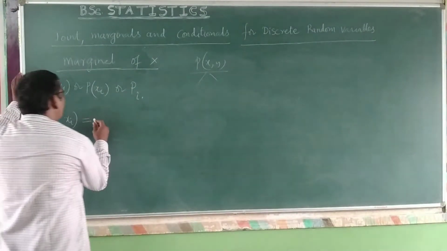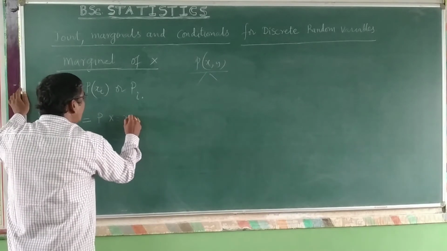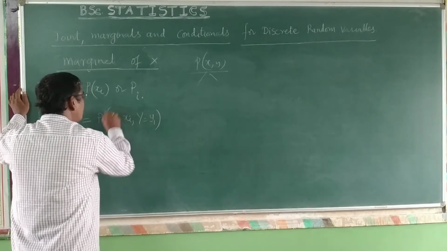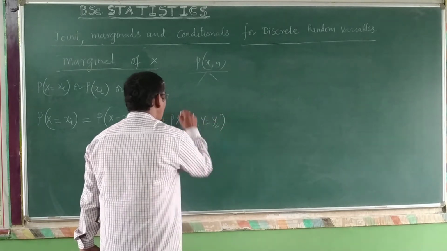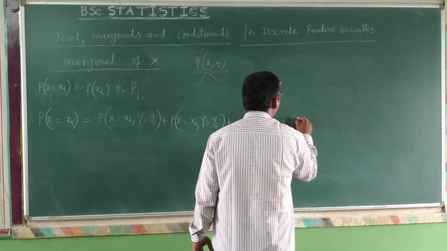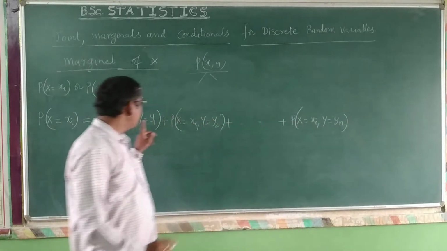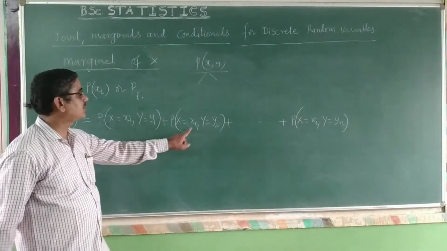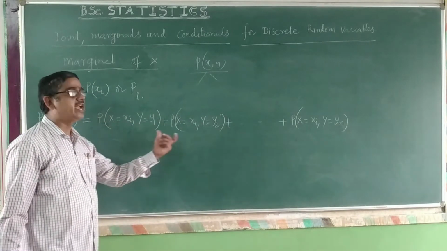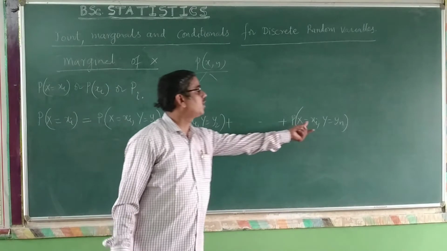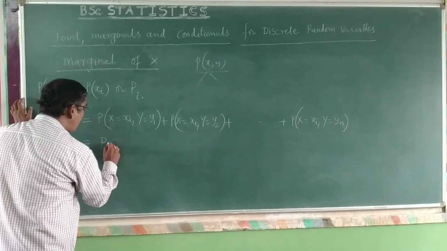I write here, this can be written as probability of x is equal to xi and y is equal to y1, plus probability of x is equal to xi and y is equal to y2, plus and so on, plus probability of x is equal to xi and y is equal to yn. So what are these? Probability of x comma y joined, which means x is equal to xi and y should take all the values, y is equal to y1, y is equal to y2, y is equal to yn. So therefore, this can also be written as pi1,